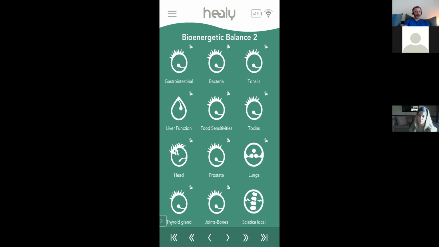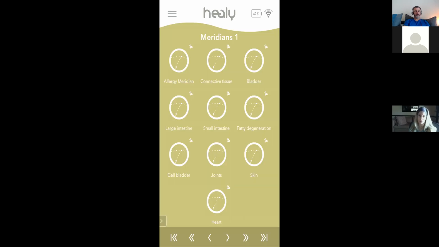All right, thyroid gland, liver function, head, prostate, all sorts of super cool stuff. So the meridians are just flow of energy, okay? And so you'll see some of the same organs, and you have the allergy meridian here, but sometimes it's not a local issue, sometimes it's an issue of flowing energy. And I'll give you a simple example of why sometimes